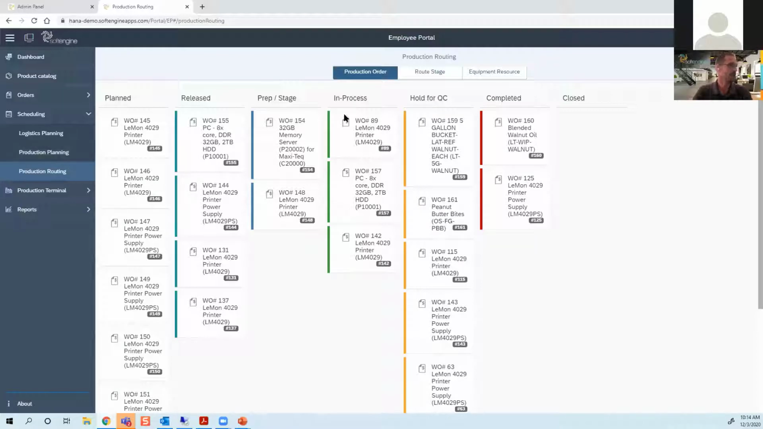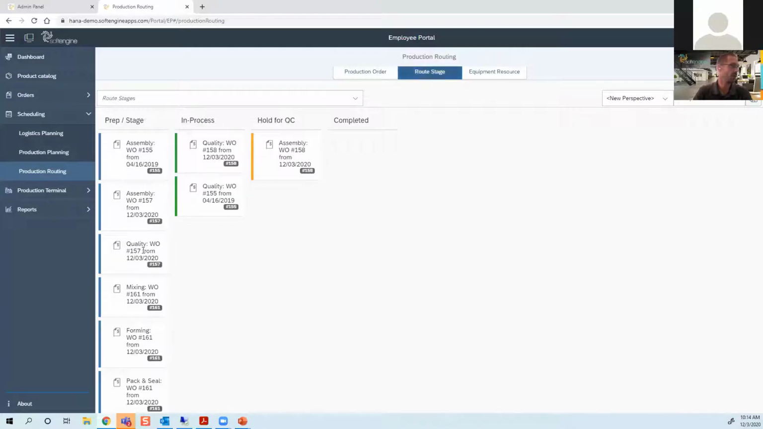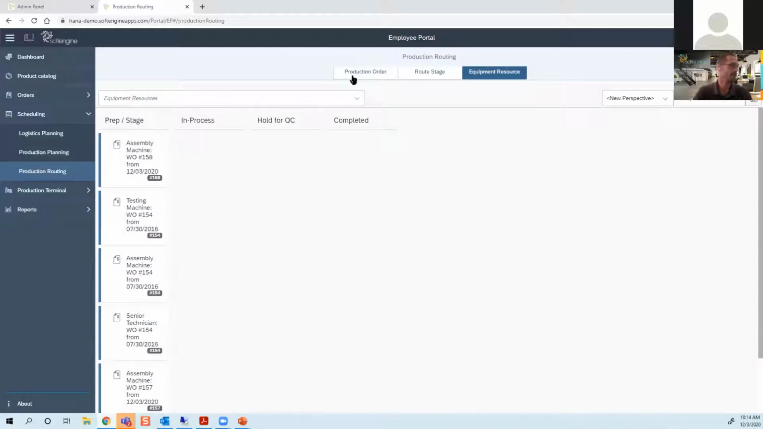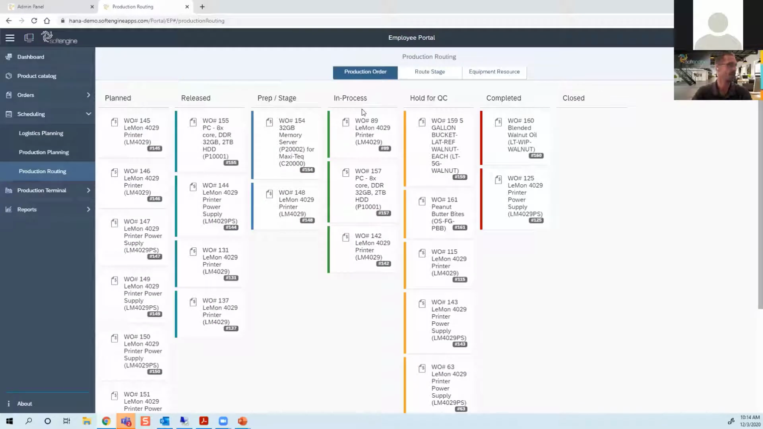Identical to the production planning, you can also have this by route stage and equipment resource as well. So again, more dynamic scheduling related to how you would like to track the process of these orders through our software. Now, I'm going to go ahead and take a quick pause here, and I'm going to jump over to